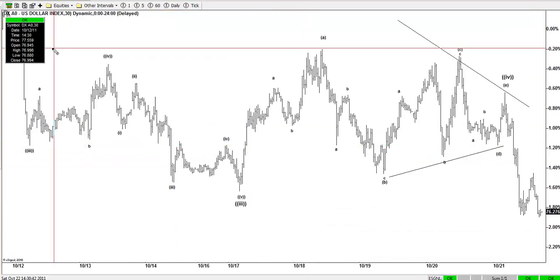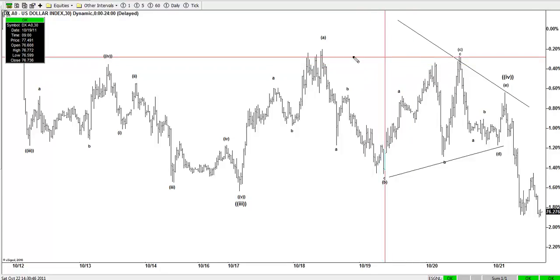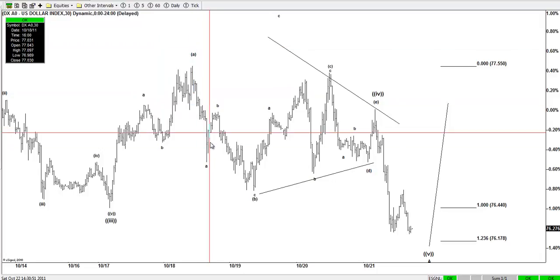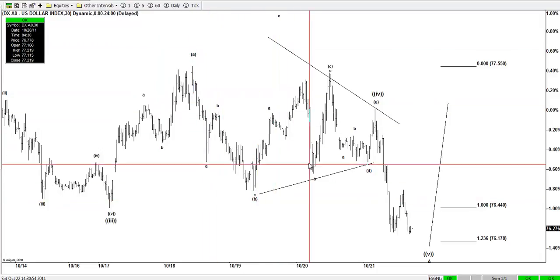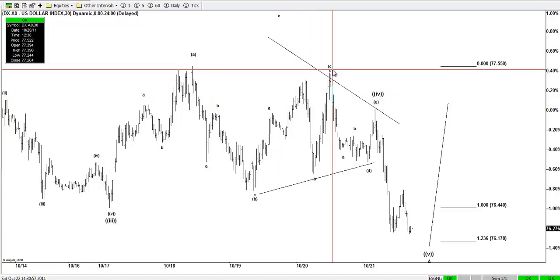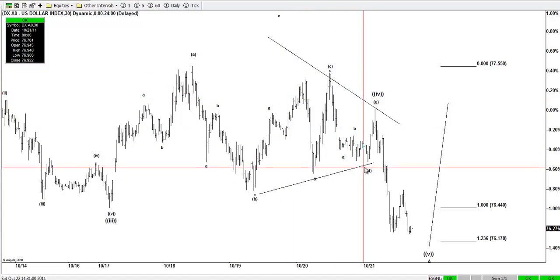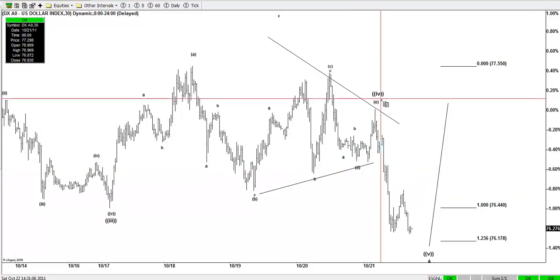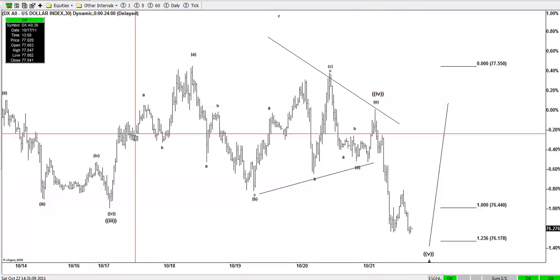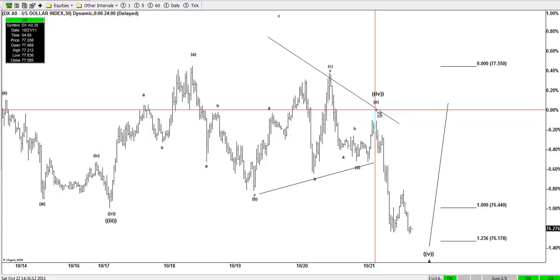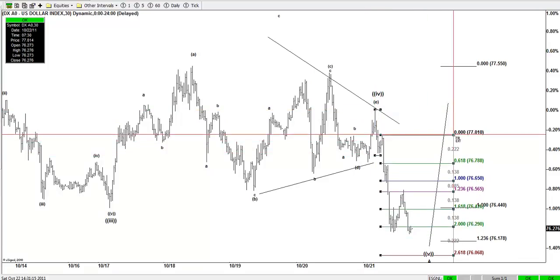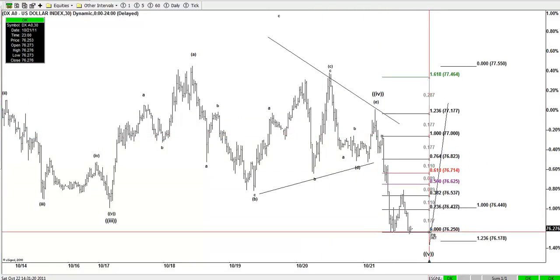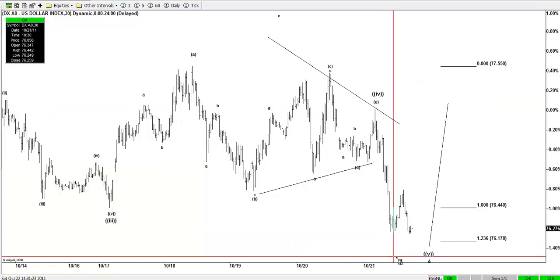Now let's take a look at a smaller time frame, to the count right here, and it should look like this. It should look like 1 2 3 A, 1 2 3 B, 1 2 3 with a flat in the middle, C, A B C D, up to here, and then a flat E. From there, what you have is 1 2 3 to the 2%, then you got wave 4 at the 38.02,